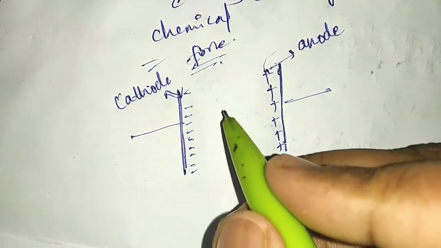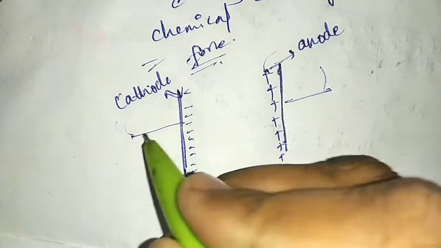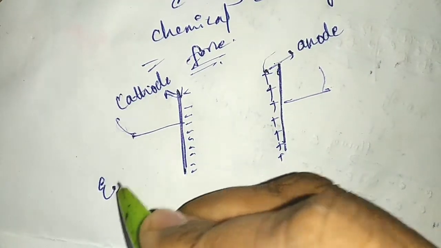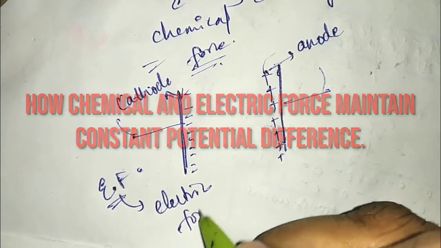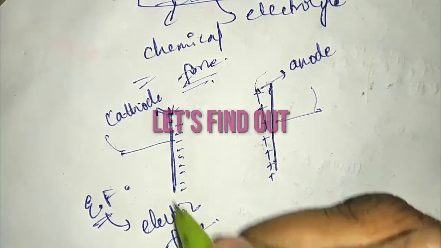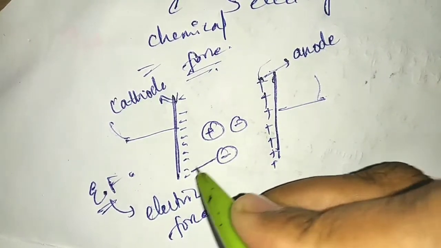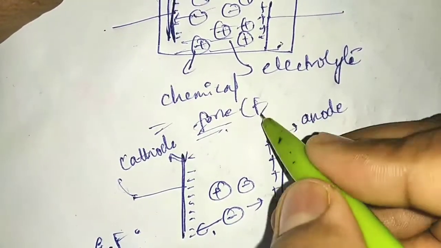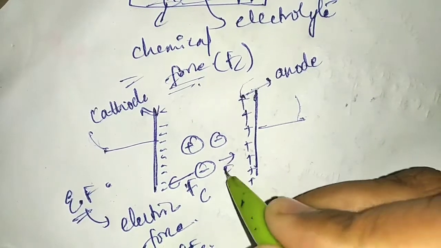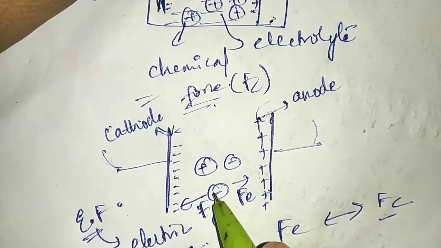Now students, what is happening here when I connect it to the conductor here? When I connect the conductor here, you know that there will be an electric field. Due to this electric field, there will be one more force called electric force. Okay, so now already there is a chemical force, now there is one more force called electric force. Now on a charge there will be two forces acting. Let me write this force as Fe and this force as Fc. Now there will be two forces, Fc and Fe, and these two forces will always be opposite to each other.